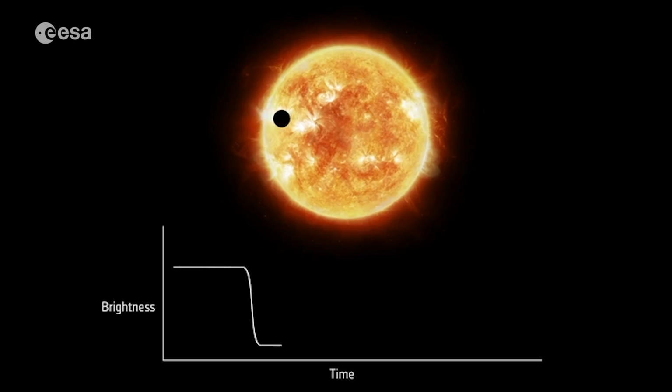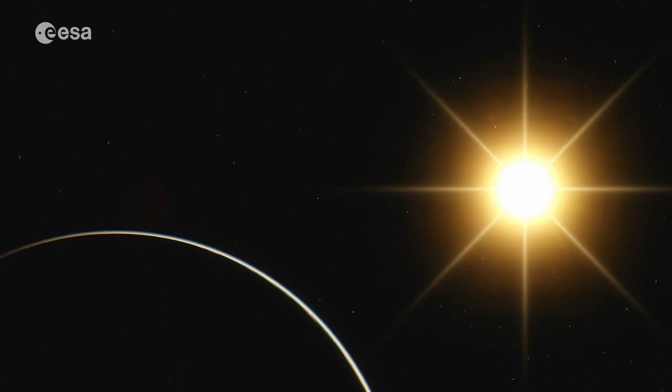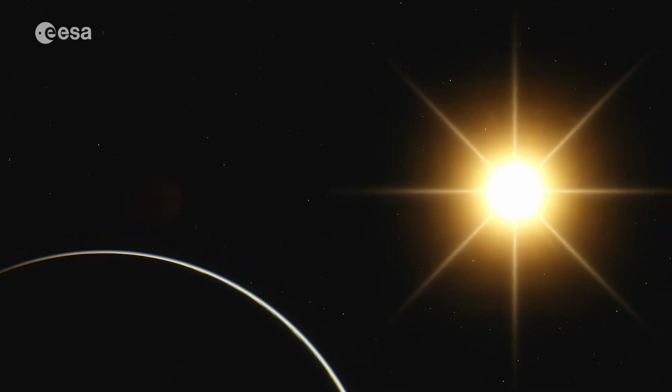The transit method is particularly important because it allows the determination of the radius of the planet and the study of its atmosphere. In this experiment, we will build a model of a transiting exoplanet.